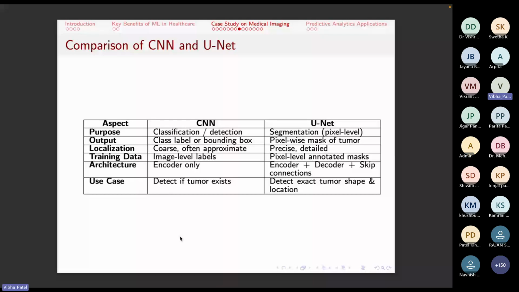If we talk in terms of the various aspects of comparison for CNN and U-Net, the purpose of CNN is to classify and detect, and you can use U-Net for segmentation purpose as it works at pixel level. The output will be a class label or a bounding box. In case of U-Net, you'll find a pixel-wise mask of the tumor. If we talk in terms of localization, it's basically coarse and approximate. But in case of U-Net, you'll get